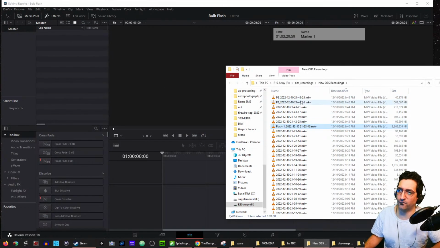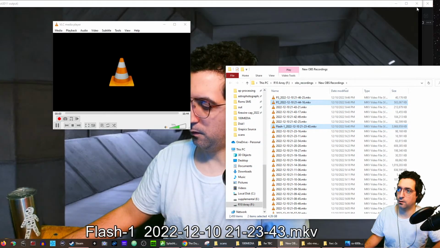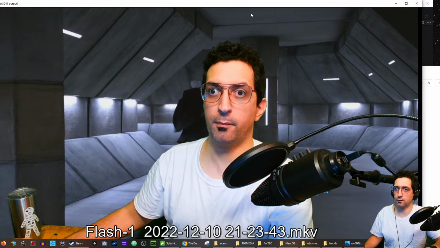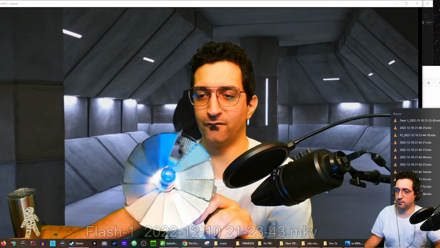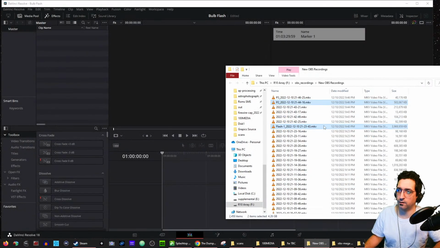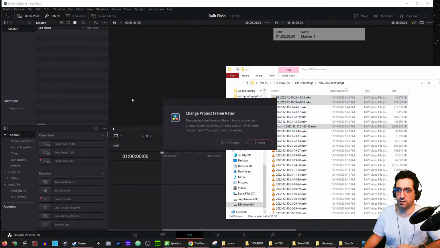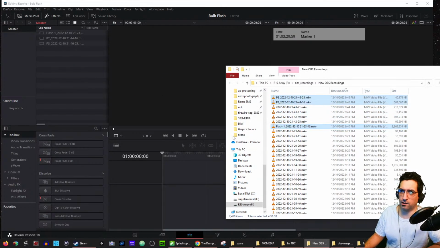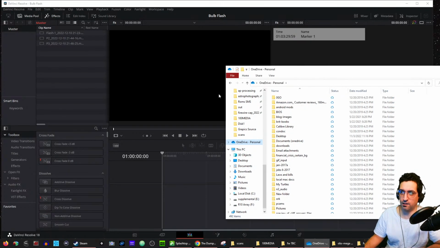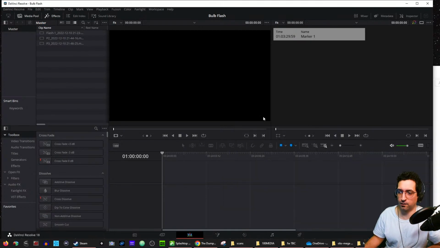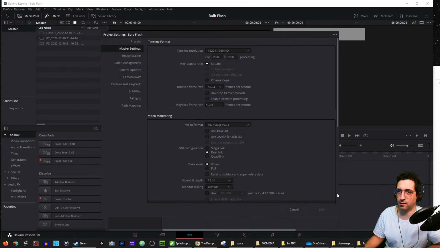So I believe those are the 3 core files that comprise this project. Now, I could, whoops, I didn't mean to open that. Basically, I'm going to go select all 3. I'm not going to change the project settings in DaVinci Resolve because I don't really need to. Just let it use the settings that the files have, and that should be something like